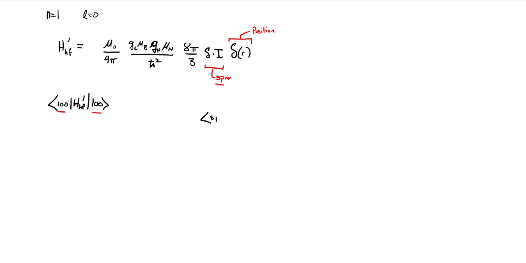we're going to have some spin related state function and some space type function, and the full state.